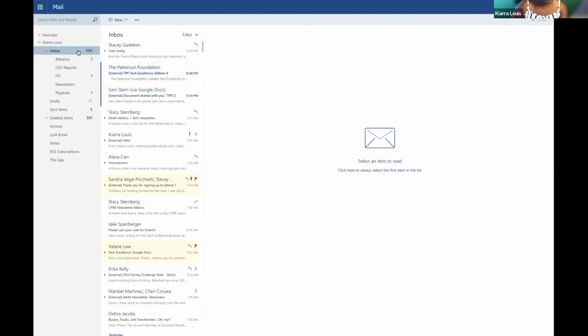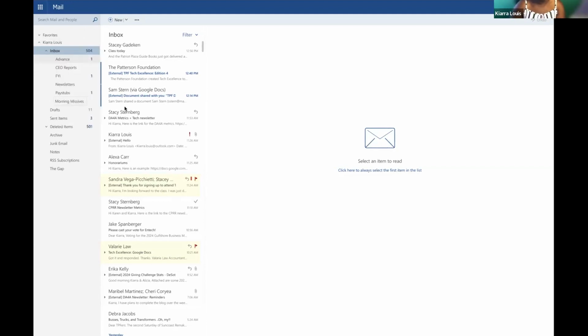One of the helpful things, and everyone is different, so I just want you to know these things exist and you can use them if you feel like it helps you. You can create folders in your Outlook email. Why would you want to create a folder in the first place? Well, to help you categorize the different emails that you are getting. So we all get morning missives from Deborah Jacobs, and sometimes those morning missives will have contests and deadlines. Trying to search for that morning missive from a week ago can be a pain. One thing you can do is create a folder